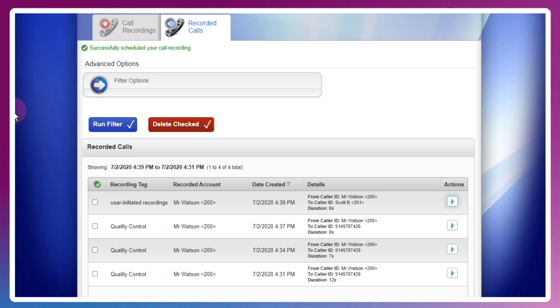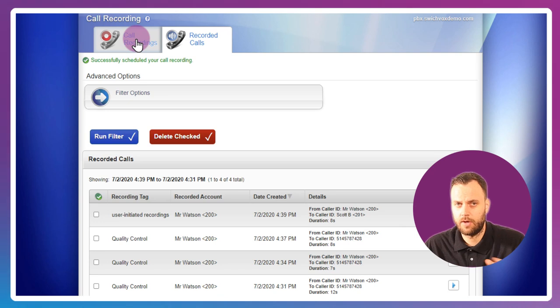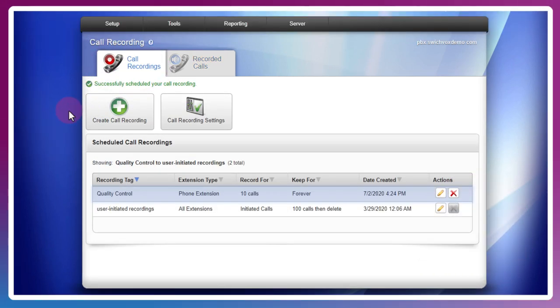So all is well with our recording configuration. Remember, certain recording configurations have a limit to how long they live on the system, and recordings can be disk space intensive. So Switchvox allows you to send recordings offsite via FTP with a configurable backup schedule using the call recording settings. So you're going to want to use this again to cut down on disk space on the Switchvox, as well as keep those archived offsite where they're going to be safe and sound.